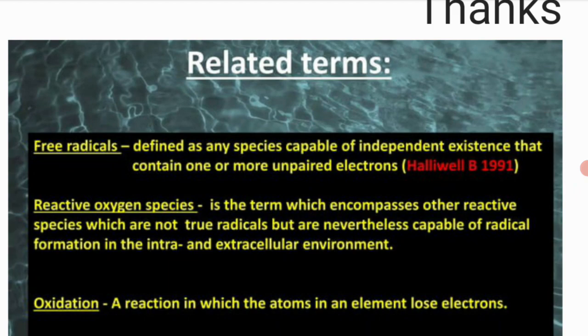Sorry to be late. Today we have a lecture about ACL injury. At first, we will begin to explain some terms like free radicals, which means an unstable atom. An unstable atom has one or more unpaired electrons in its outer shell, which makes it a reactive oxygen species. Another definition is reactive oxygen